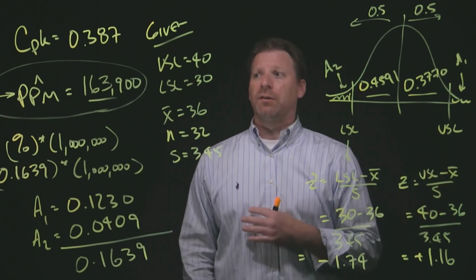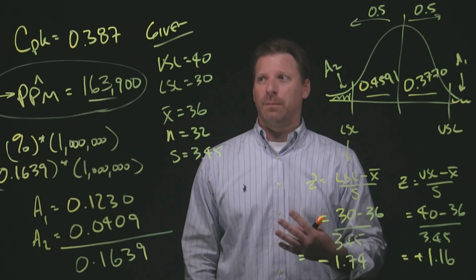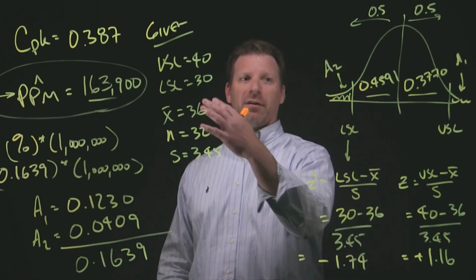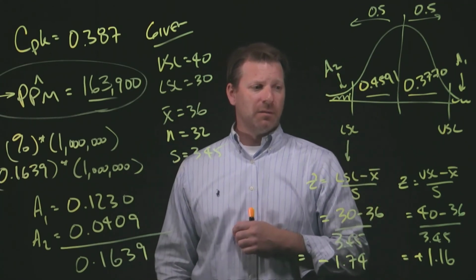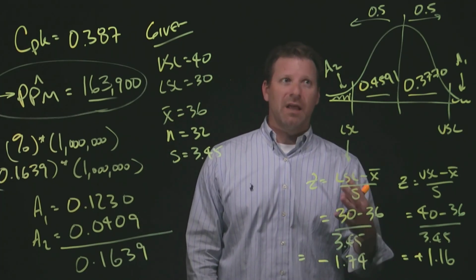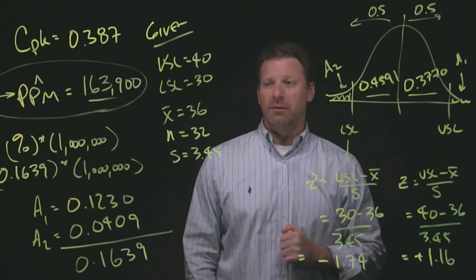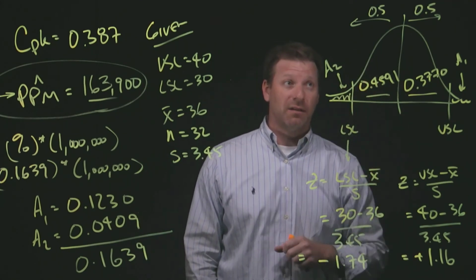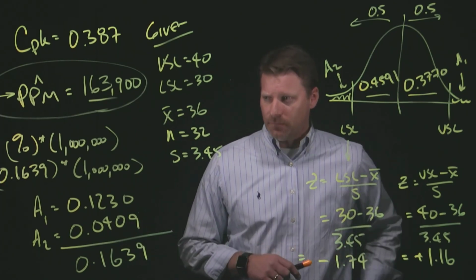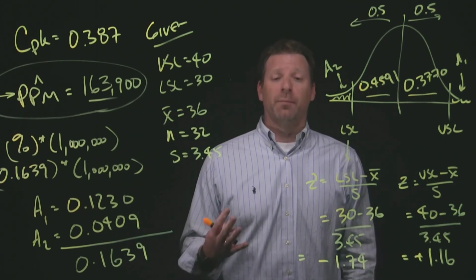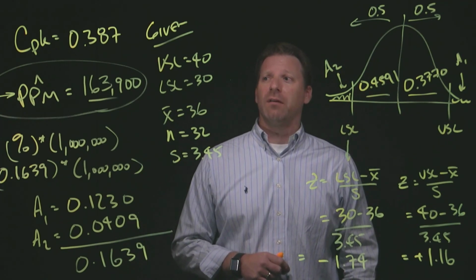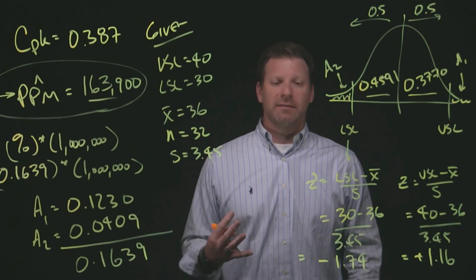But in terms of the calculation of PPM, it's a relatively simple calculation. Don't be overwhelmed by it. We're following the standard path. We're writing out our given information. We're relying on some past theories that we're leveraging. There's really nothing new here, but we're relying on familiar things that we've been doing over the last few weeks, and we're just applying it in a new and practical way. So that's a good summary, I hope, of how you would go about calculating parts per million in the context of a capability study.